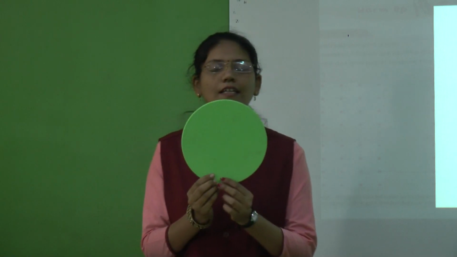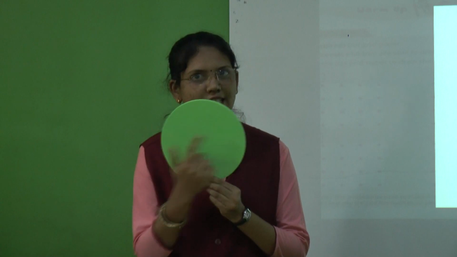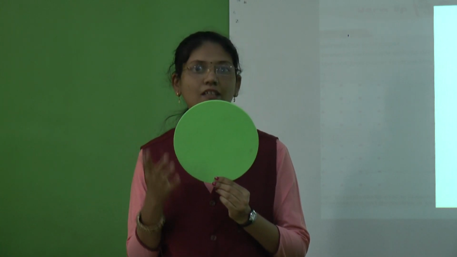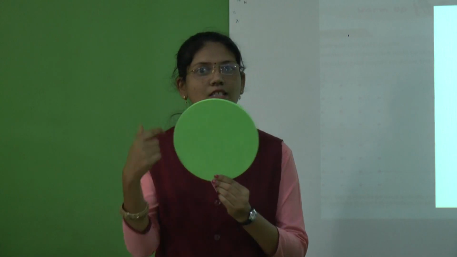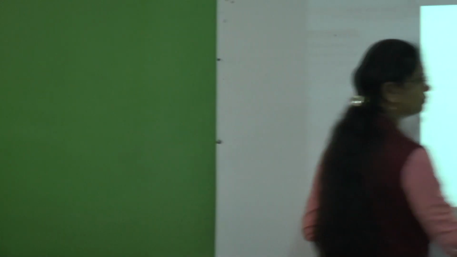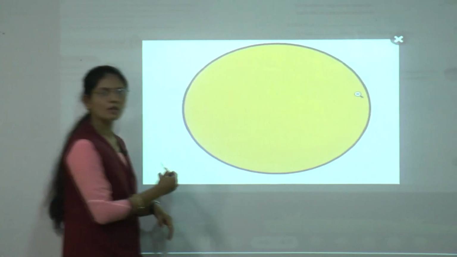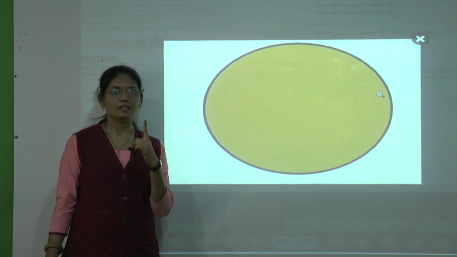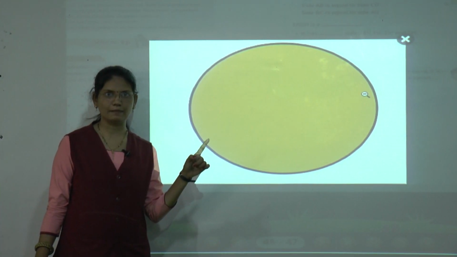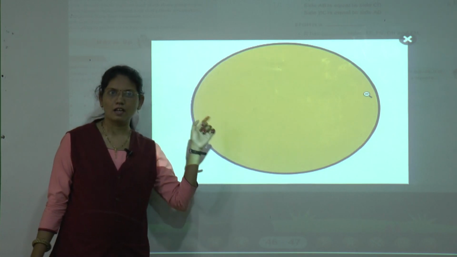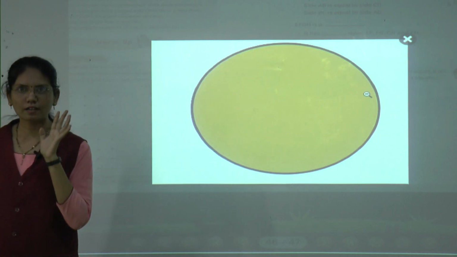Okay. It does not have a plain or straight side like a square, triangle or rectangle, but it has one curved side. Can you see here? This is called a curve. So a circle has one curved side. It has no straight side, but it has one curved side, and it has no corners also.